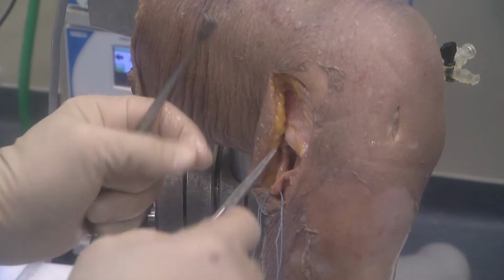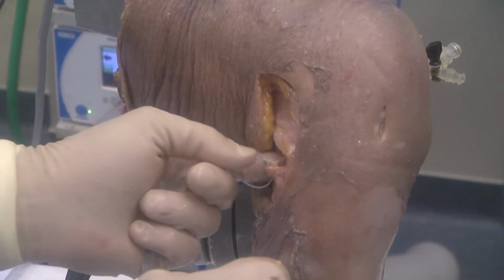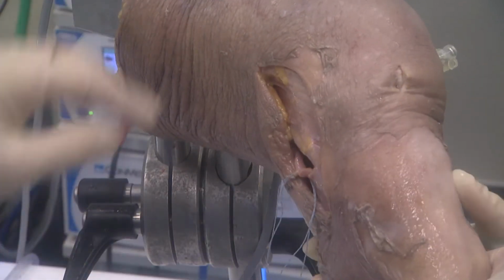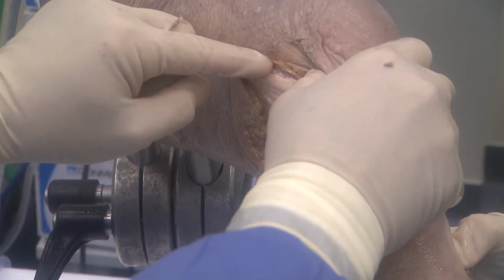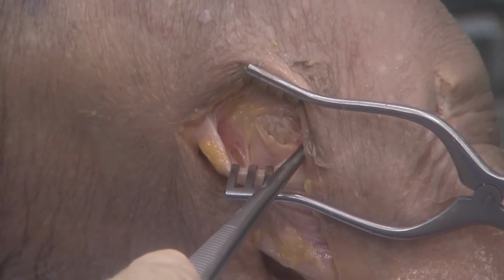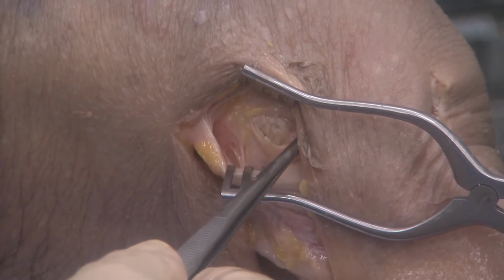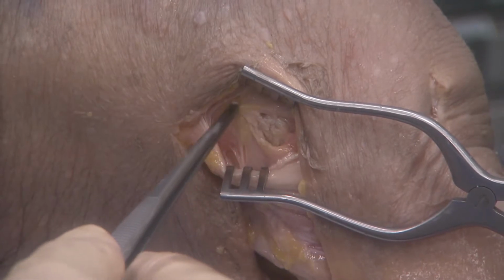Once the peroneal nerve is identified, wrapping around the neck of the fibula, we need to tag it and protect it throughout the remainder of the case. We put the knee in extension and we make a longitudinal incision right over the palpable epicondyle. Distal to the epicondyle is the insertion of the popliteus. So we want to create the insertion of the popliteus,